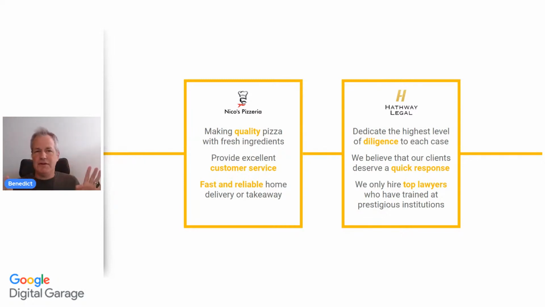Now, of course, these are different. With the pizzeria, you want the best food, good quality, but you go there and you eat it and that's it. But with Hathaway Legal, of course, things like speed and good quality matter too. They have a similarity in the quality of the food and the quality of the legal service, but it's different to the extent that this person will be standing up and talking on your behalf. So with these different kinds of industries, they tend towards slightly different things that you're looking for. But at the same time, these companies have actually chosen what represents them best.